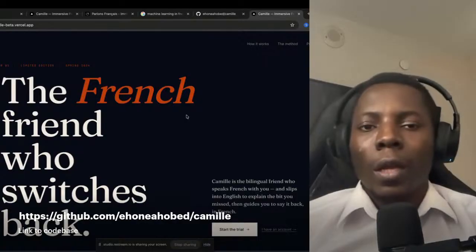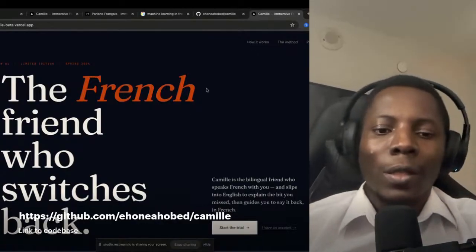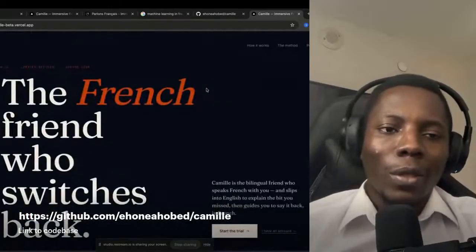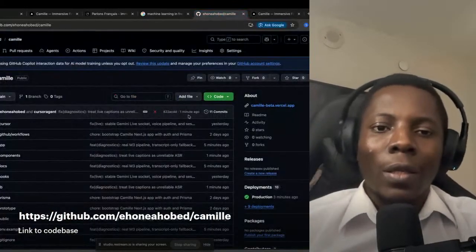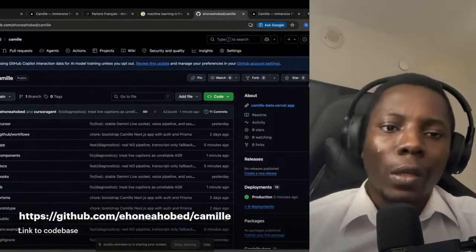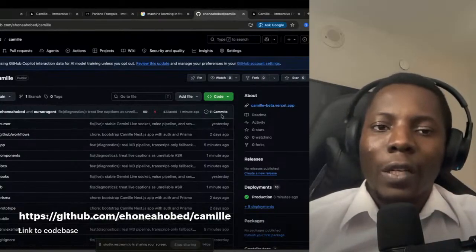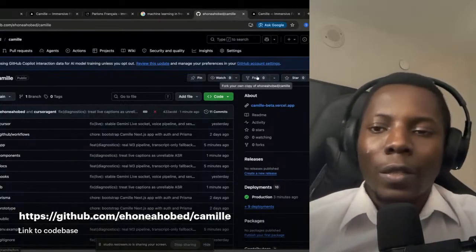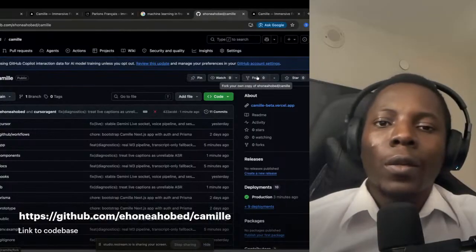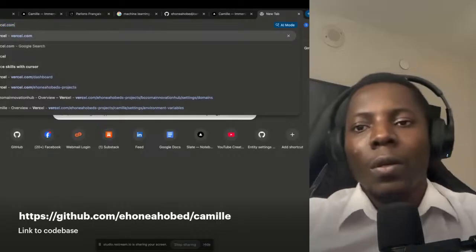But I am definitely not putting my AI key behind this. So if you're curious on how to do it, you can come here and clone or fork. You see something like this, fork. I can't fork my own repo, but if you have a GitHub account, you can definitely go in there and fork it. Then once you fork it, make sure you have an account with Vercel.